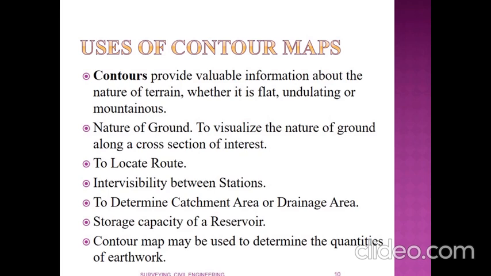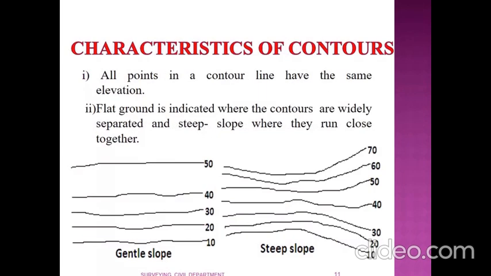Then next, with the help of this contour map, proper and precise location of engineering works such as road, canal, etc. can be decided. Then next, application in the location of water supply, water distribution, and to solve the problems of stream pollution. Then to select the site for new industrial plants. Then to estimate the quantities of cutting, filling, and capacity of reservoir. So these are a few uses of this contour map. So let us start with the characteristics of contour.